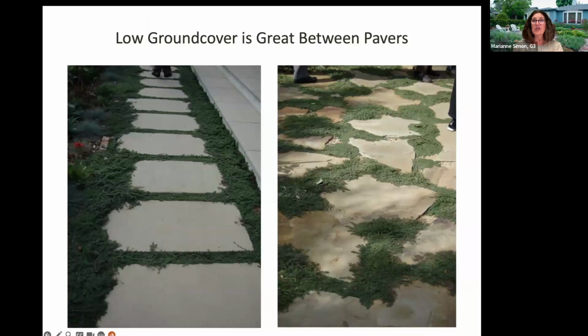Now, here's some great suggestions for where you've got flagstone. There is no reason why these landscapes cannot be beautiful and welcoming. So this is an idea that you can put down herbs. You can put down thyme, you can put down oregano, you can put down dymondia. So you've got your significant hardscape, and then you've also got a little bit of softness, a little bit of color in between.